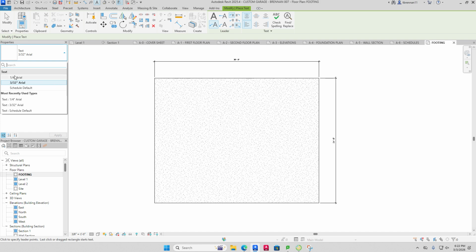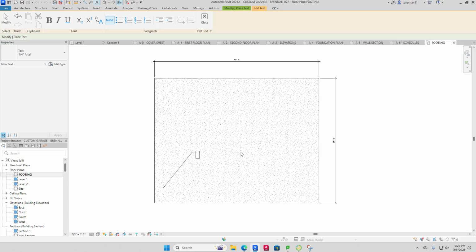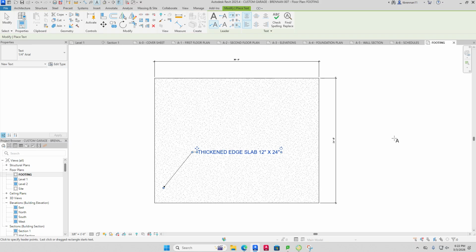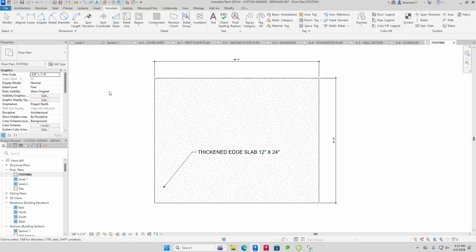So go ahead and I'm going to make this one do here. I'm going to go ahead and make a note here. Thickened edge slab 12 inch by 24. Okay, just like that. And then the last thing I'm going to do here is I'm going to place